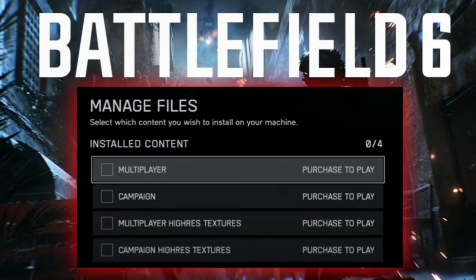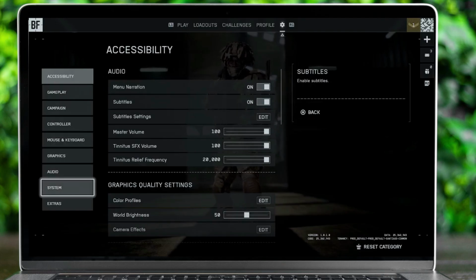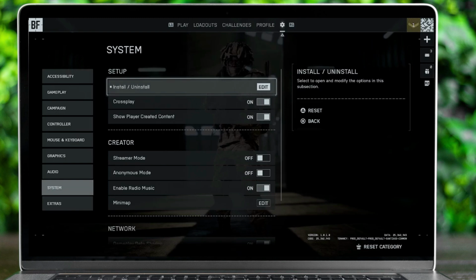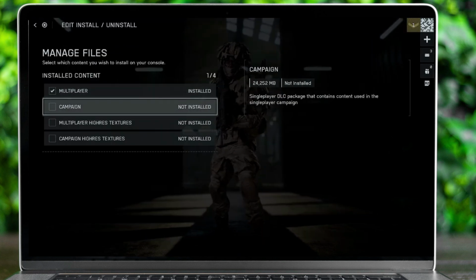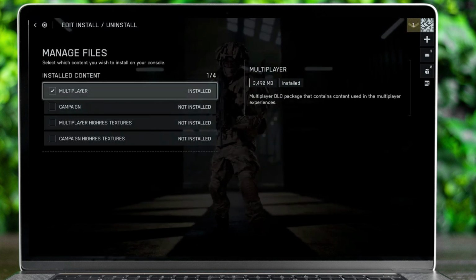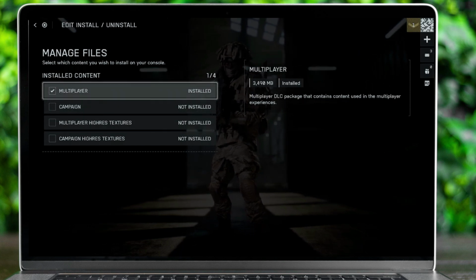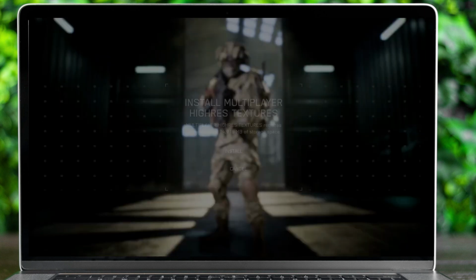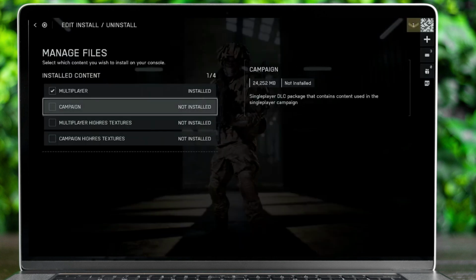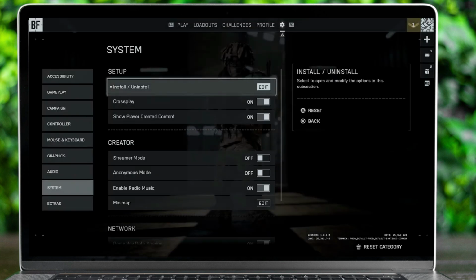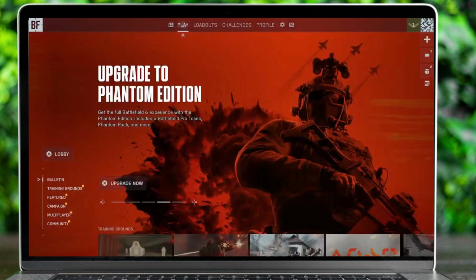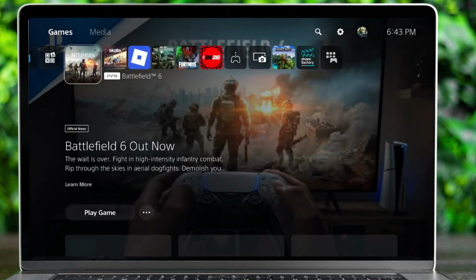First open the settings, click on systems and click on install and uninstall. First of all, check if there is some content which is not installed, and it will show you whether it is installed or not. If it is not, then just install it, if it's multiplayer or campaign, whatever. So this would be the first solution, and if it doesn't work, then try to get back to the main menu